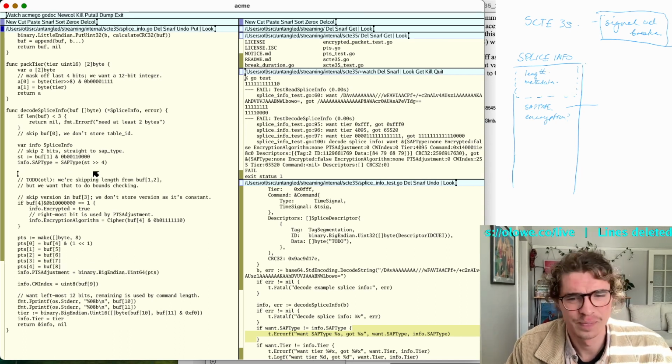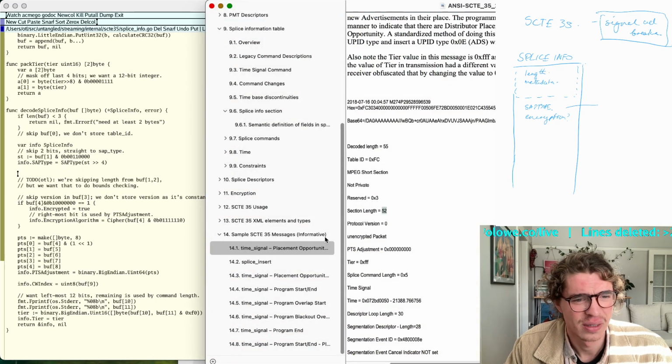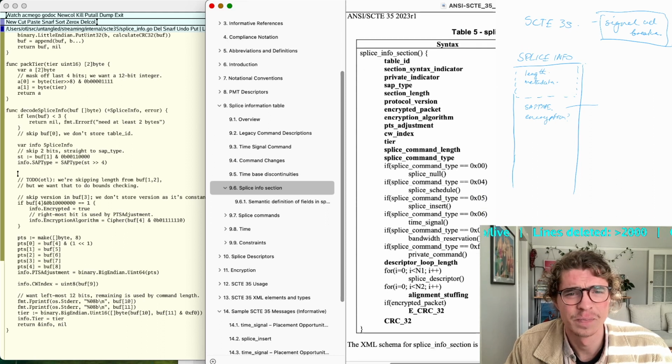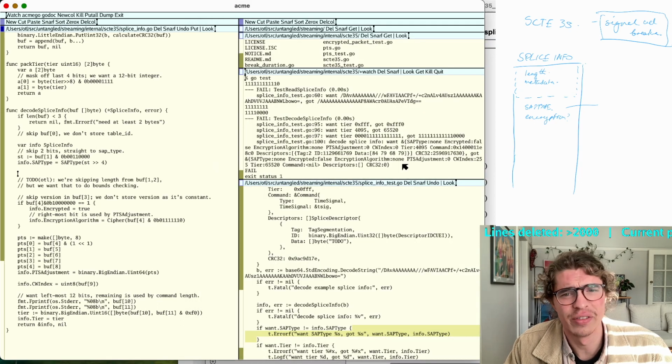So if we go back to our bit layout, there we go. So we've got the 4. Okay, so from the byte of index 1,